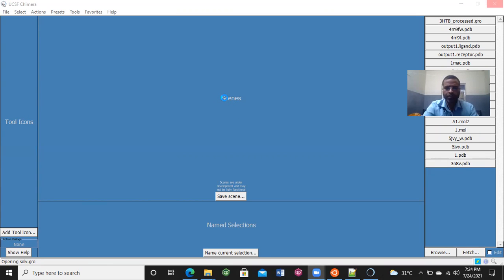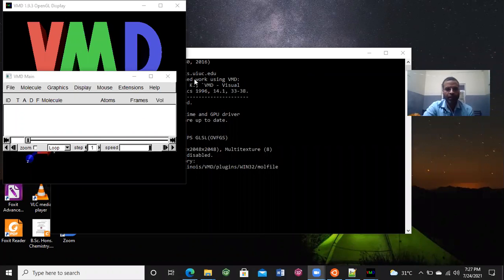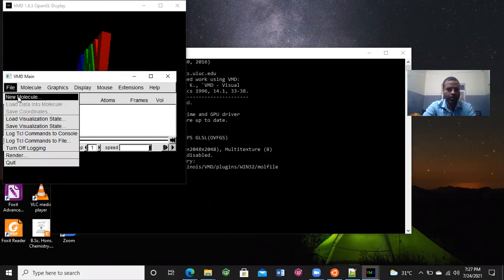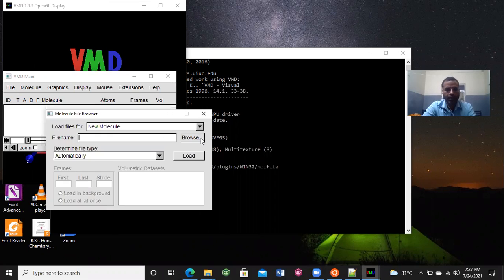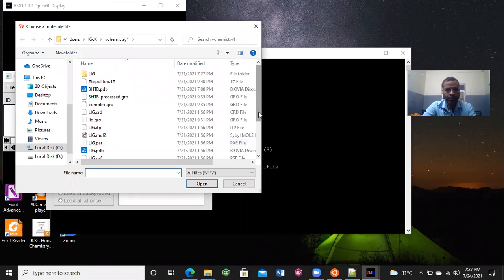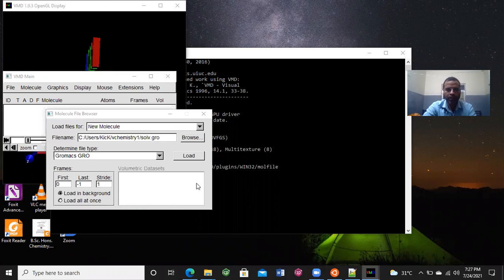Since the file is too big, as 10,294 water molecules were added, it's taking a little time. Here I am pausing the video and again resuming. Since the camera hung, I am opening VMD to visualize the sol.gro file. Now just click the file and load the file, that is the sol.gro file. Just click open and load.